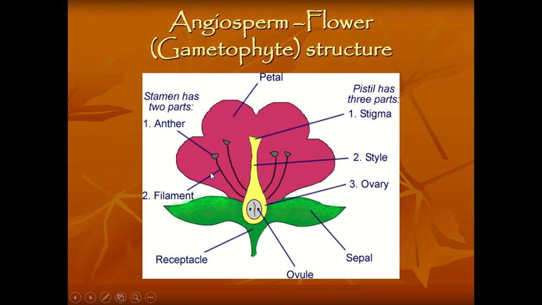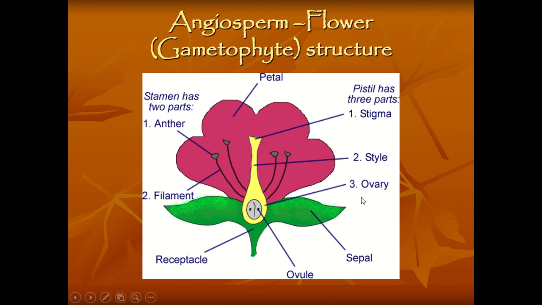They have male and female parts. The male part is known as the stamen, in which the stamen has an anther. Here is where the pollen grain is located, and they have a filament. The filament is the one that will hold the anther of the stamen, for the male parts.